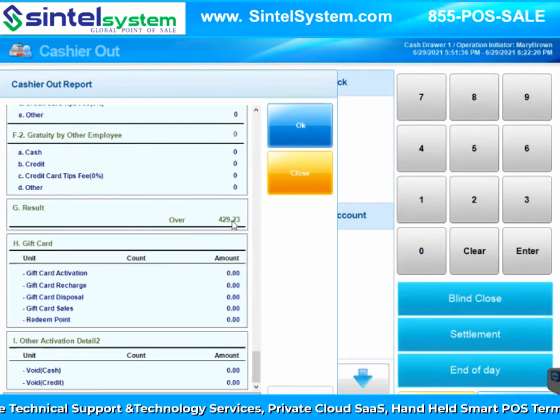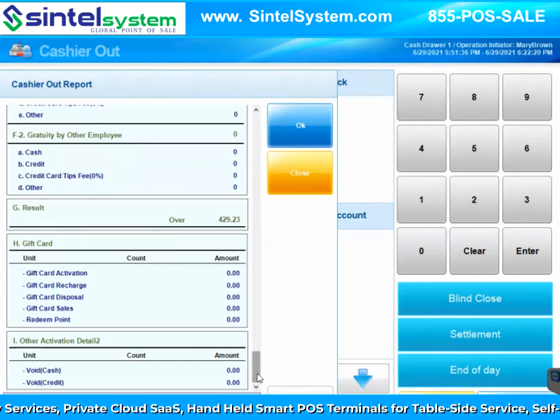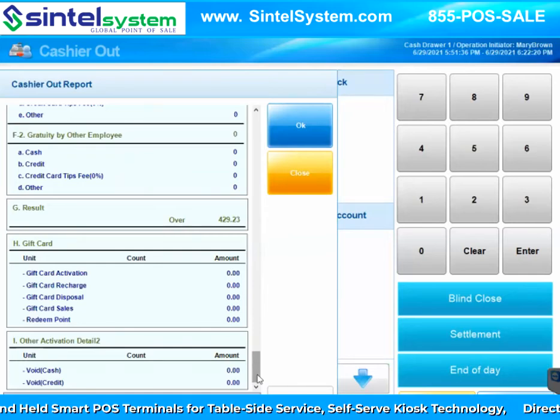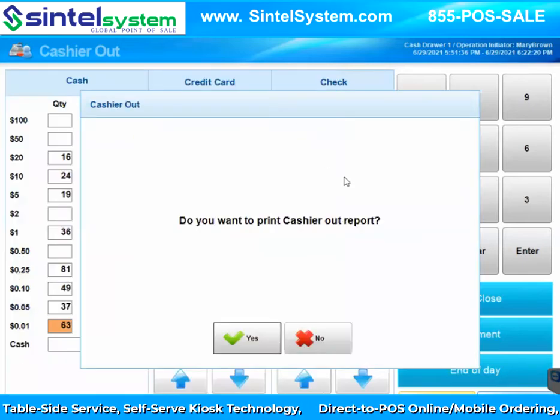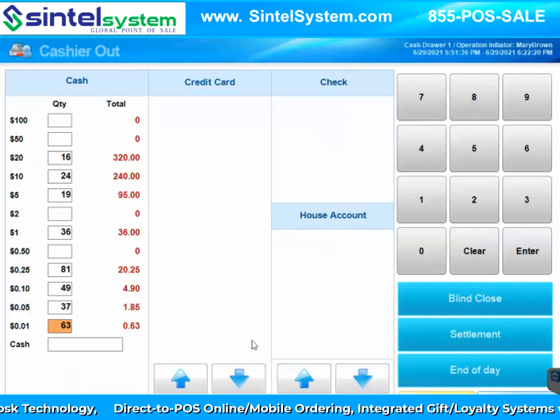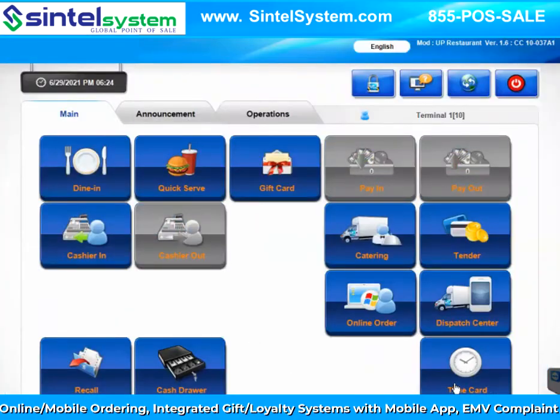If I'm not, it will give me a result that I'm over or short. Once we're satisfied with the count and the result, we close the shift, and we're going to say yes. This is our shift. The last thing to do will be